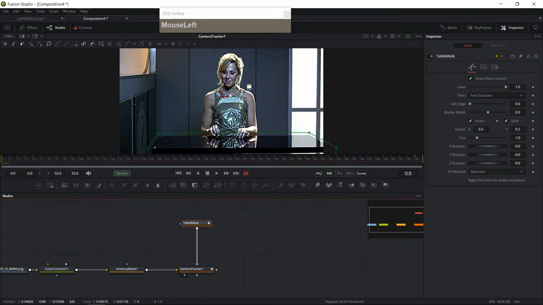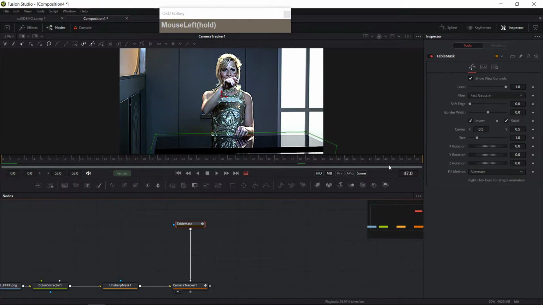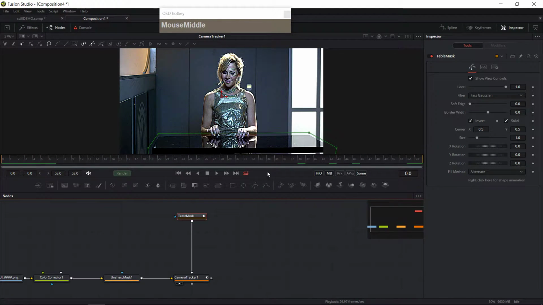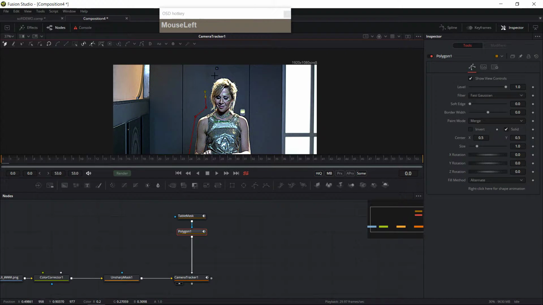Now the industry standard is to create separate masks for the head, for the shoulders, arms, and maybe the torso. But to keep this tutorial more straightforward, I'm just going to mask out the entire body, and furthermore, she remains rather stationary, so we don't really need to create multiple masks. Okay, so I'm going to create another mask. So with the table mask node selected, you can click on create the roto mask and start by going to the first frame, and we will draw a shape over the actress,